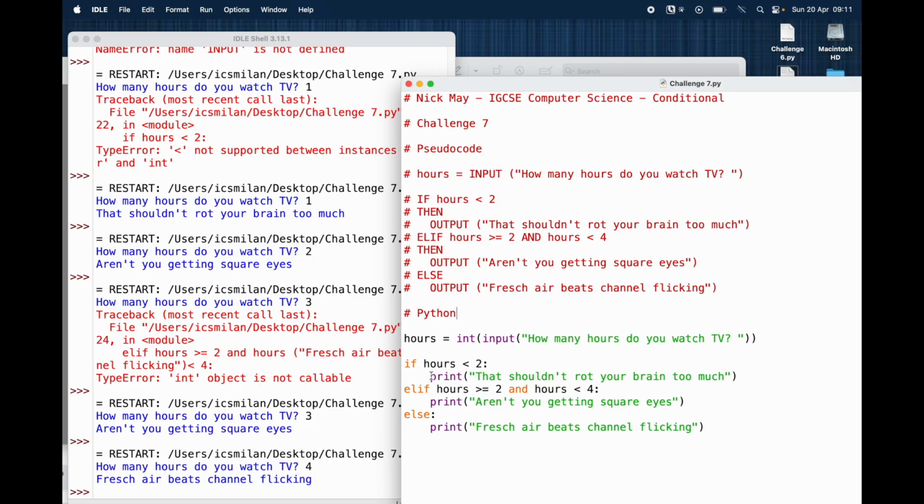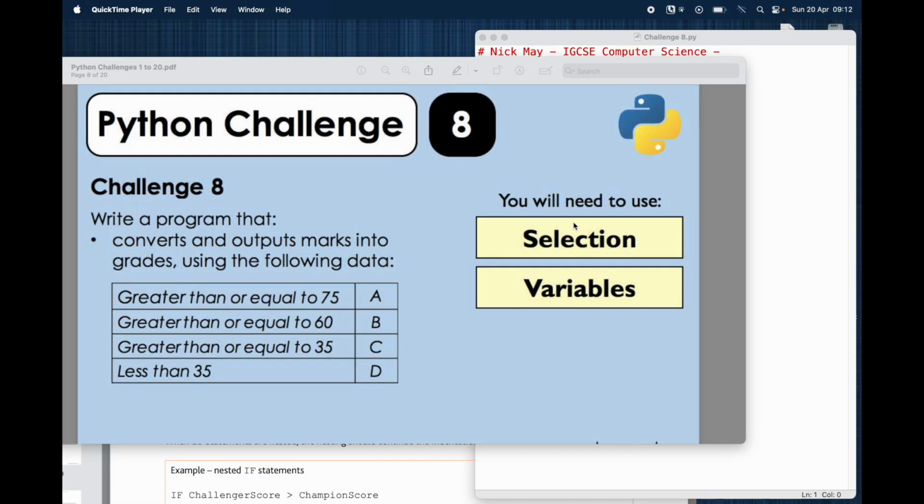That's a conditional statement using if, elif, and else. Let's close that. Let's open number 8. Okay, here we are at challenge number 8. Now, challenge number 8 says, write a program that converts and outputs marks into grades using